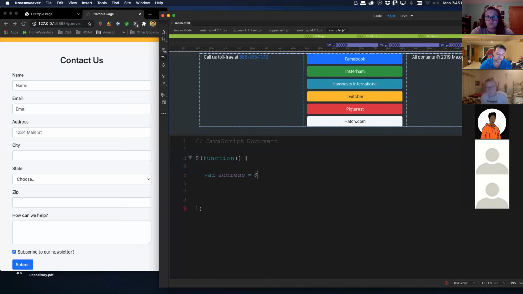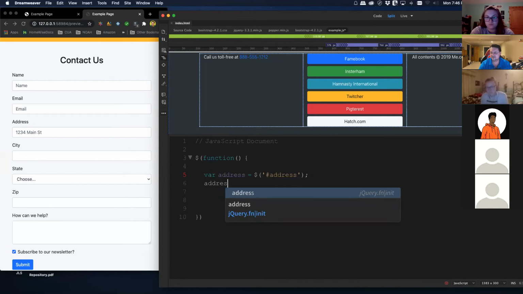And with jQuery, we're looking where we have the ID of address, and storing the position for us there. And then let's go here for the address. Okay, and then append